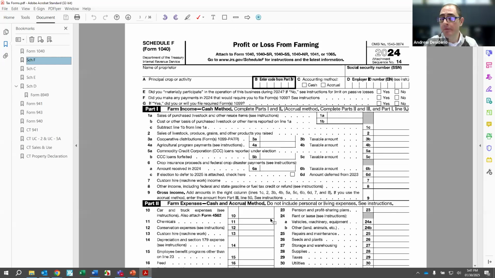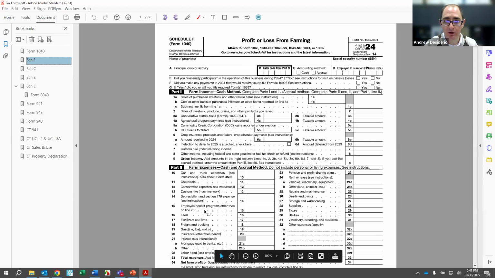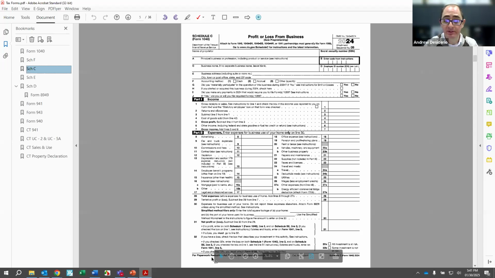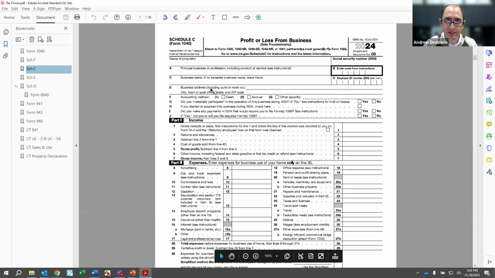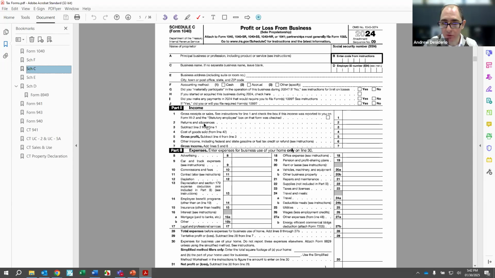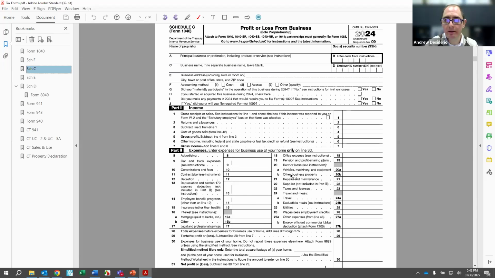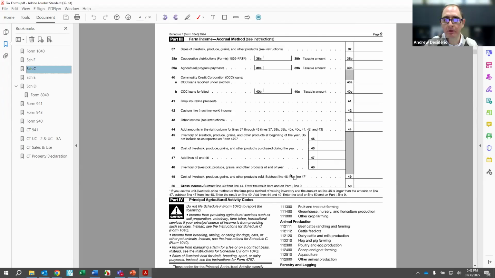So if you're in business for farming, your income should show up here. If it's not directly related to agriculture, maybe it's a byproduct or an ag-related business, then we would get into the Schedule C. The Schedule C is basically every other business that is not farming, right? Similar concept. You've got your gross income, and then you get your expenses. Pretty similar format. The only real difference is,